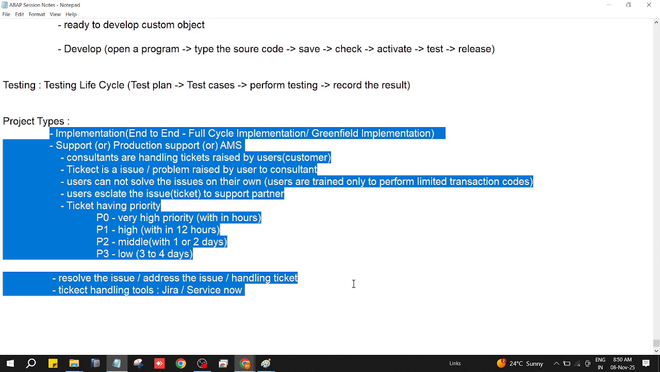So in this case, if we work mostly on a support project, what will happen? We will get exposure to issue resolutions. The implementation project is a structured way of development and configuration. That is one type of exposure. In support, you will get different types of exposure because we don't know. Even the user doesn't know what type of issue they are going to face today. This is the way we will work on a support project. Okay, clear? Yes. Next,